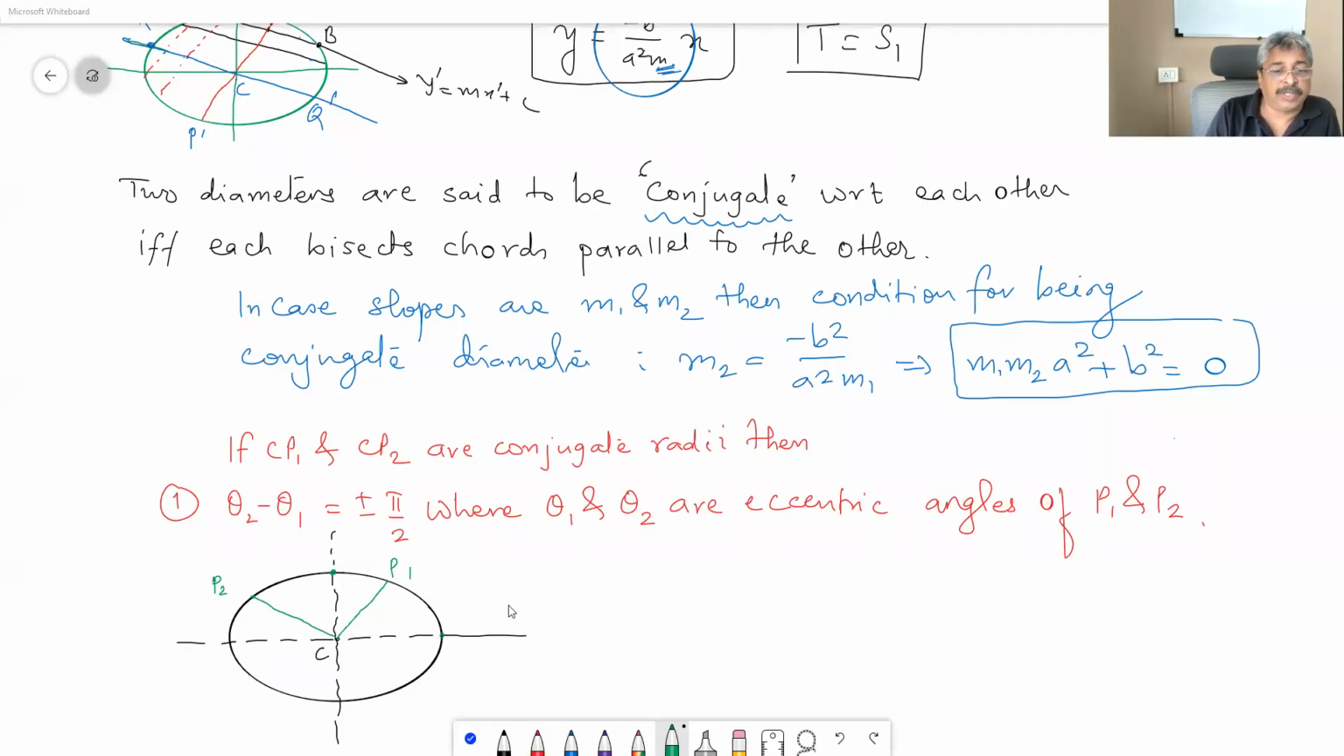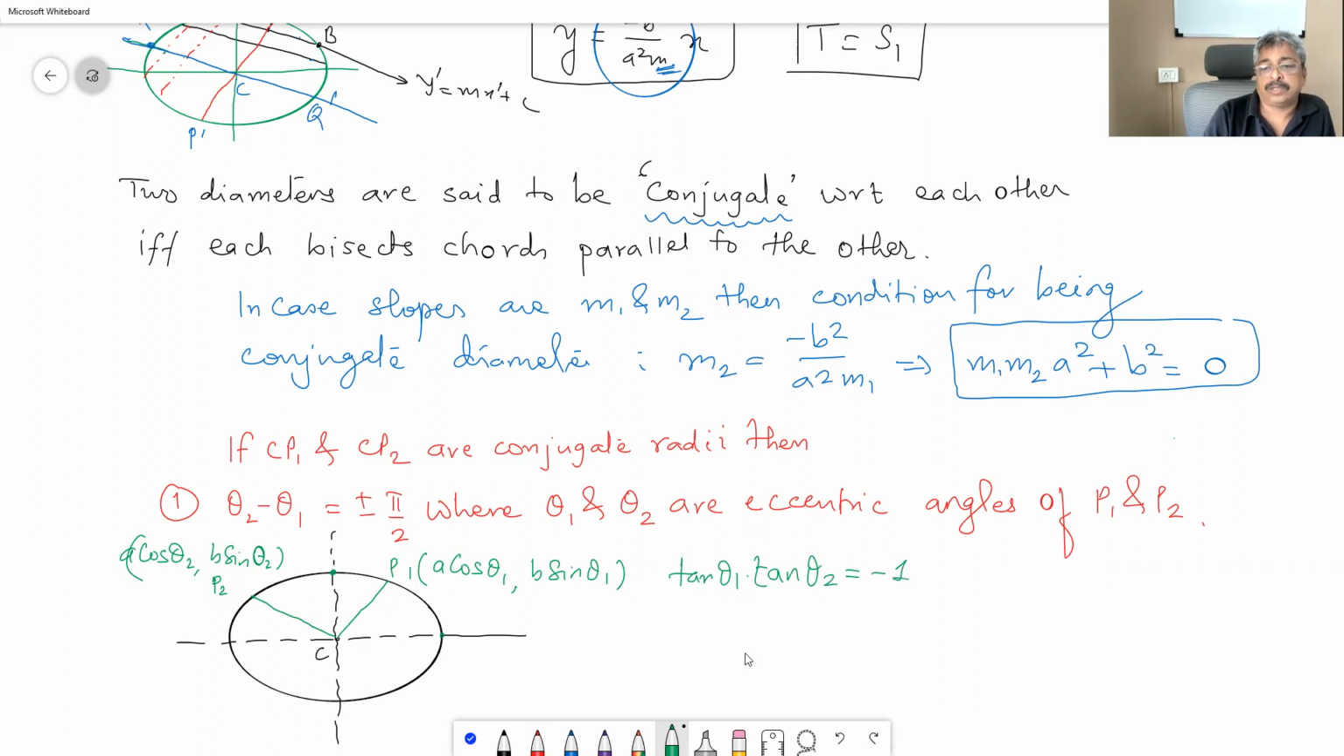Okay, let me just explain this in brief. P1 can be written as A cos theta 1, B sin theta 1. Similarly, A cos theta 2, B sin theta 2. This is P2, and therefore the slope of CP1 is B by A tan theta 1. The slope of CP2 is B by A tan theta 2, and hence you end up getting tan theta 1 into tan theta 2